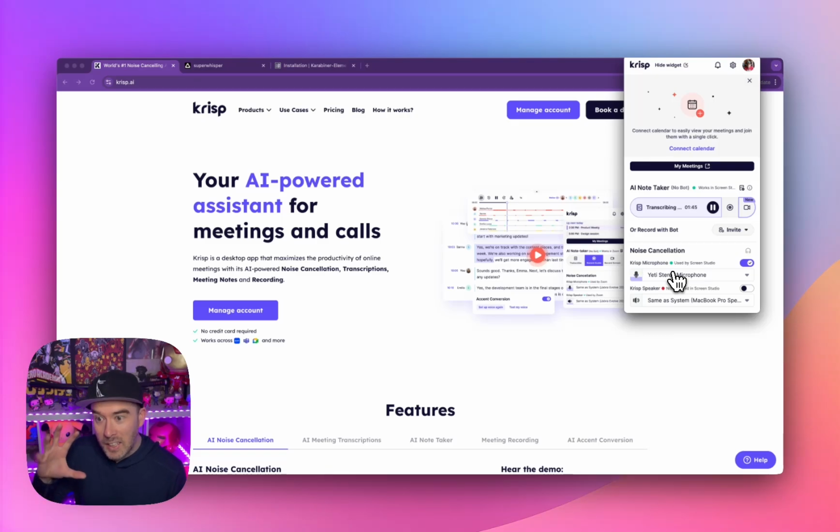Krisp AI uses AI, kind of like a compressor or condenser in audio software, to get background noises out of there because it's only picking up audio that's loud enough. But even if it's loud enough, it gets rid of it. What's really interesting, I don't know if it's going to do this, but we'll give it a shot. If I make a really high boom sound like this,